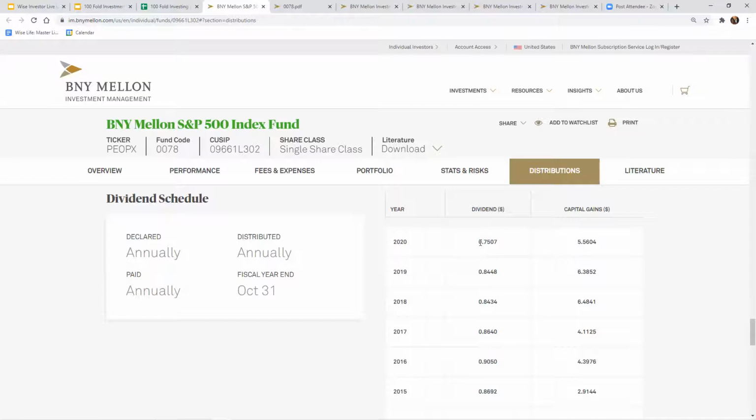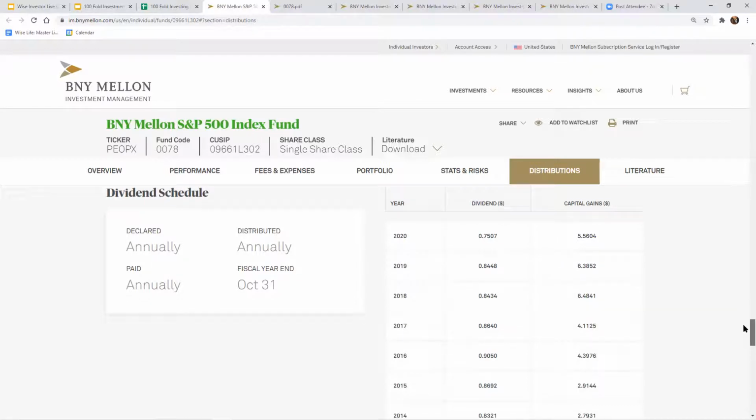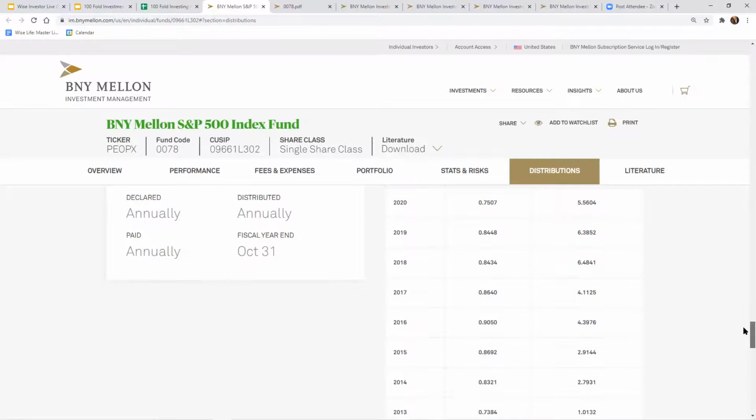Now, when you combine dividends with other things like capital gains, the term is now called distributions. Okay, so distributions is a combination of dividends, capital gains, and maybe even interest income from things like bonds.